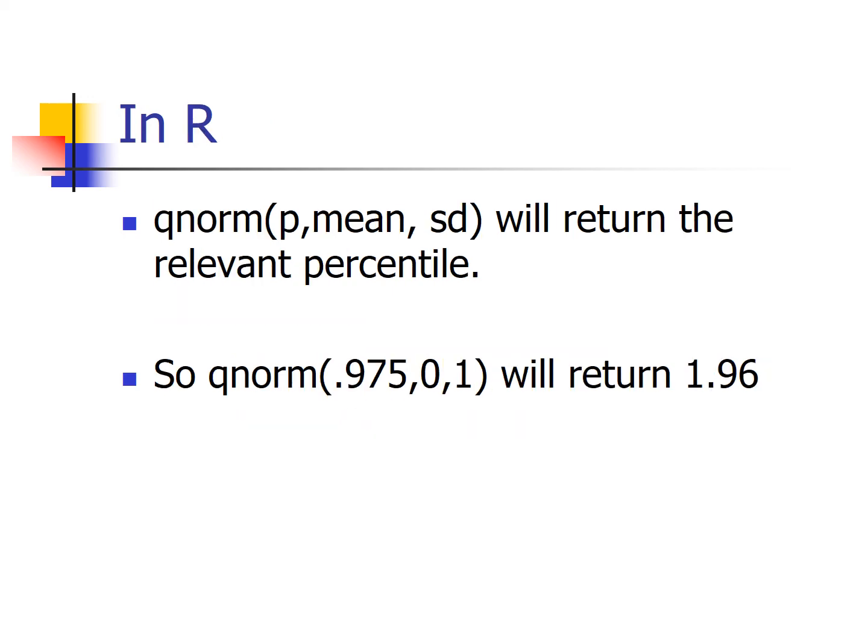In R, we can find percentiles using the qnorm function. So the qnorm function takes 3 different inputs. The p is the percentile that we want, and then you could do the mean, so you can do it for any mean, and you could also do it for any standard deviation. Now, in particular for confidence intervals, we're looking at a standard normal, so that's a mean of 0 and a standard deviation of 1, so we would put qnorm 0.975, 0, 1, and then try it for yourself. You should get 1.96 back at you from R.